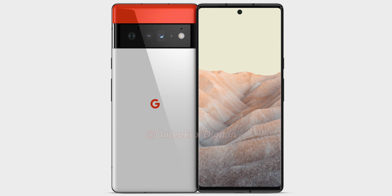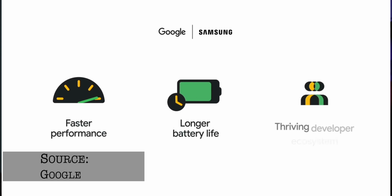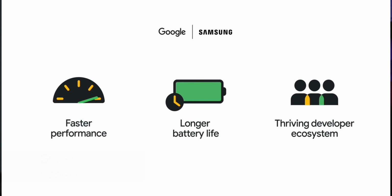Now, not only that, Google has announced, you've heard this already, the Pixel Watch. So finally, Google's going to be releasing the Pixel Watch after years of rumors, and it may be coming out and not coming out when we thought it would. With Google teaming up with Samsung and Google owning Fitbit and the acquisition being final, I imagine the Pixel Watch would be a top-notch health fitness tracking watch and smartwatch for all Android users